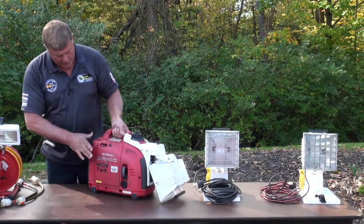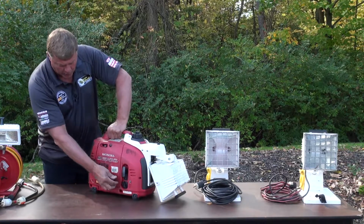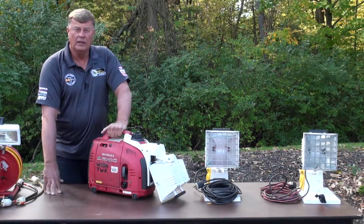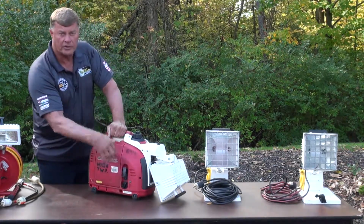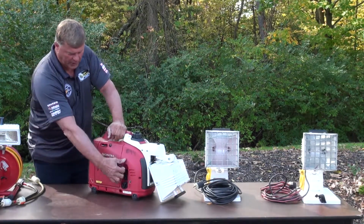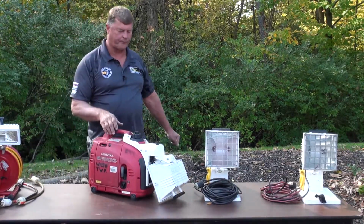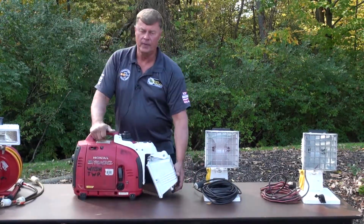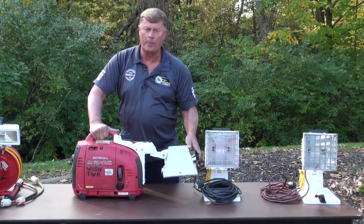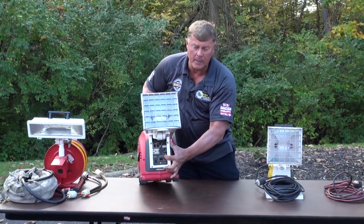Generally, when you get to the scene and you have to start it, this one's been run, but we carry it on choke and we carry it with the switch on. So at the scene of a fire, all we have to do is reach down and pull the rope. It should be running. I'm going to take it off choke because it has been running. I'll start it up. If you notice, it's running at a fast RPM, and that's good. Underneath here, economy throttle,